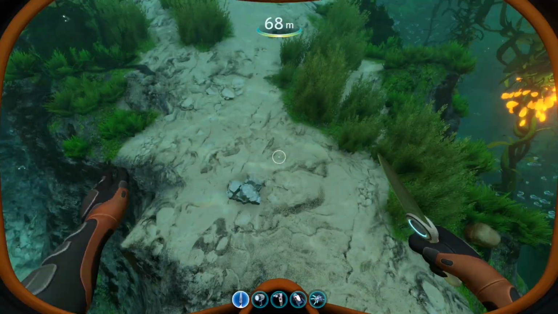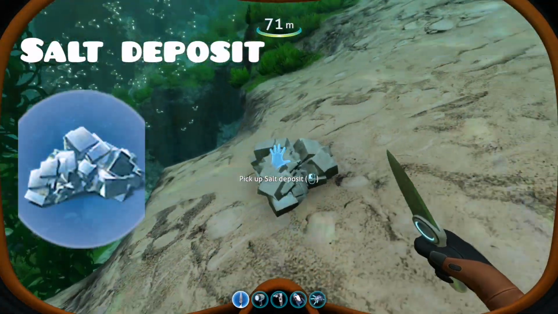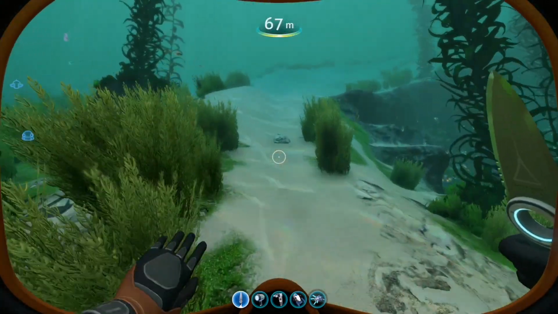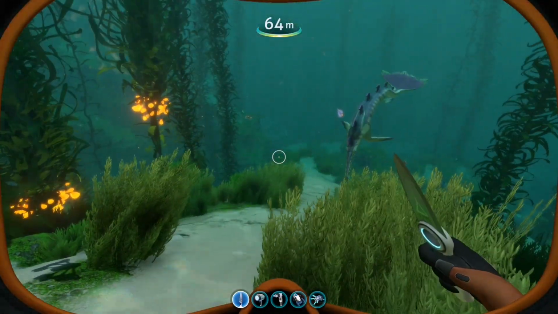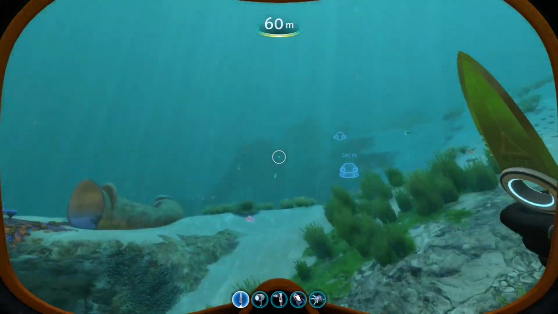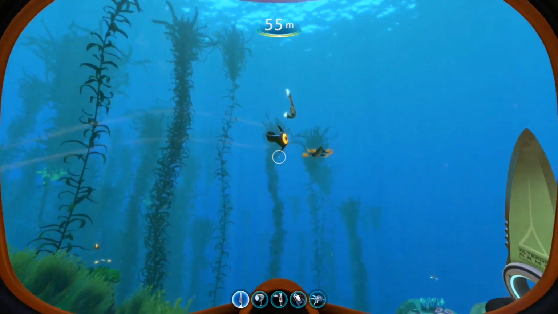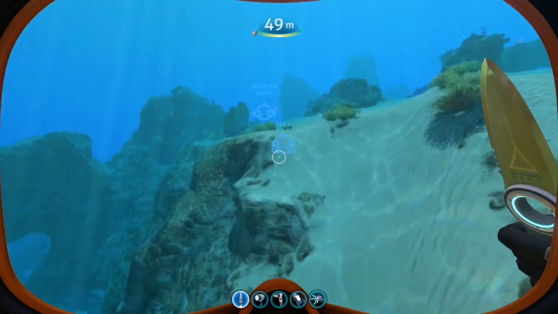So the last resource that I'm going to cover is this right here. It's the salt deposit. Now this isn't what I'd call... Hello, big boy. What I call an essential item that you need. It's a matter of opinion whether you need it or not. So what these are used for is when you're cooking food, fishes. Once you cook them, they can go foul, they can go mouldy. The salt preserves them for a bit longer. So if I go up to my life pod right now,